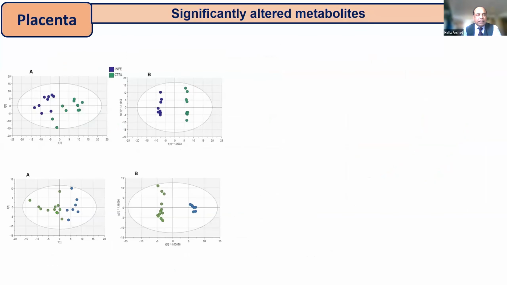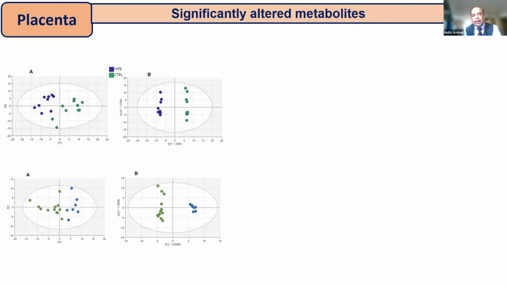So similarly, the next one is placenta. So placental multivariate analysis, it was okay. And these 2 plots, these are from 2 different columns. First the A and B, or PCA and OPLS-DA. On the upper side, they are from the P helix column, and the bottom one, they are from the C18